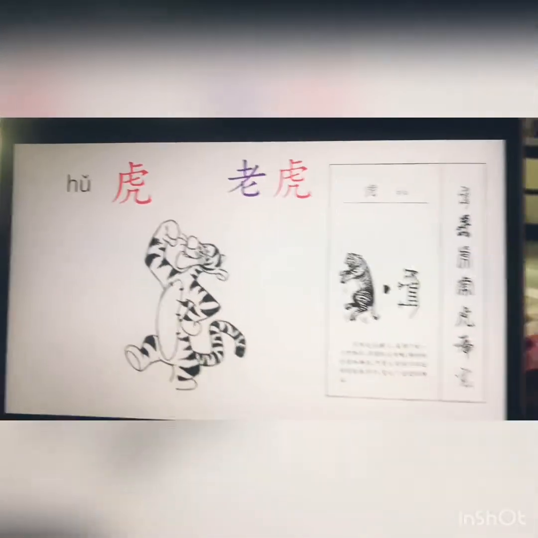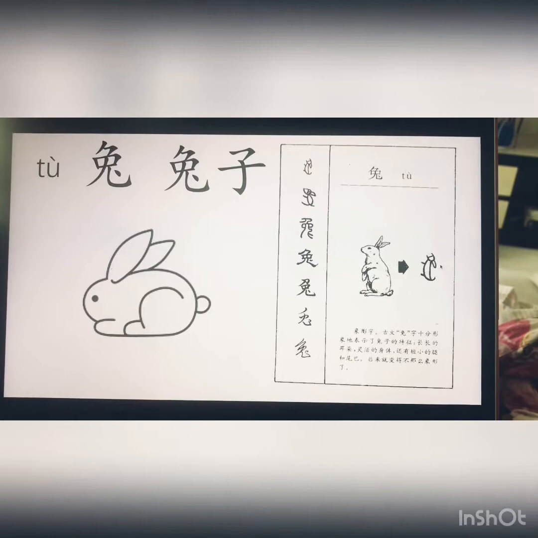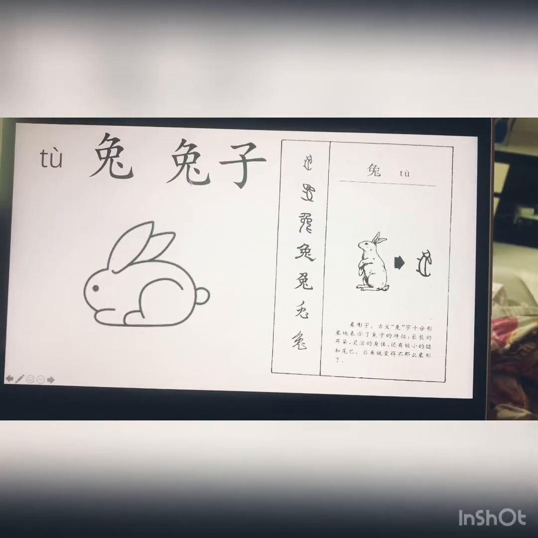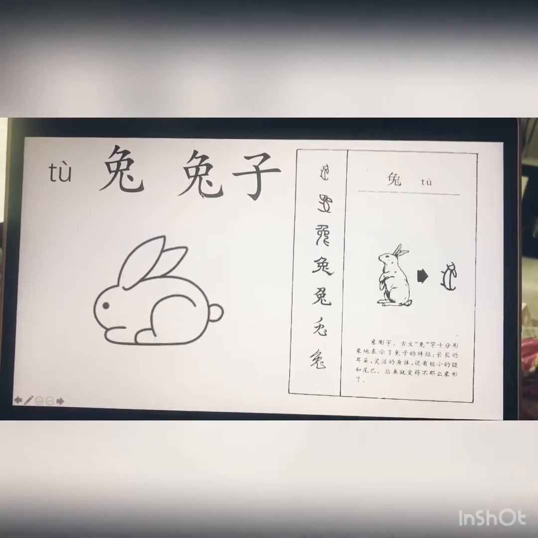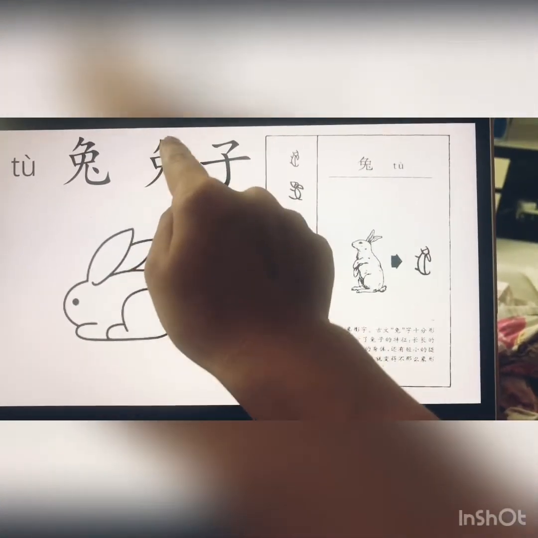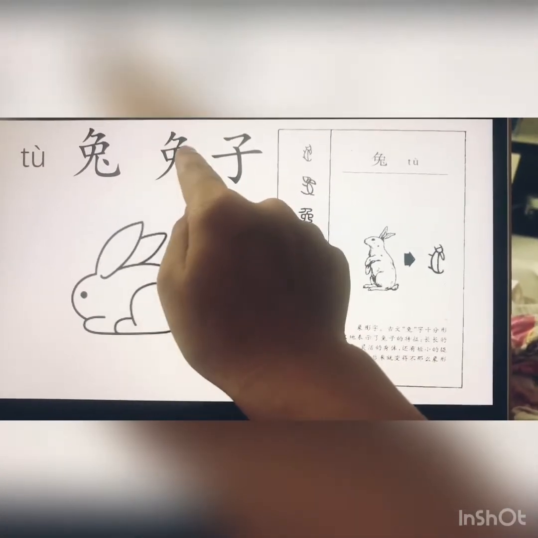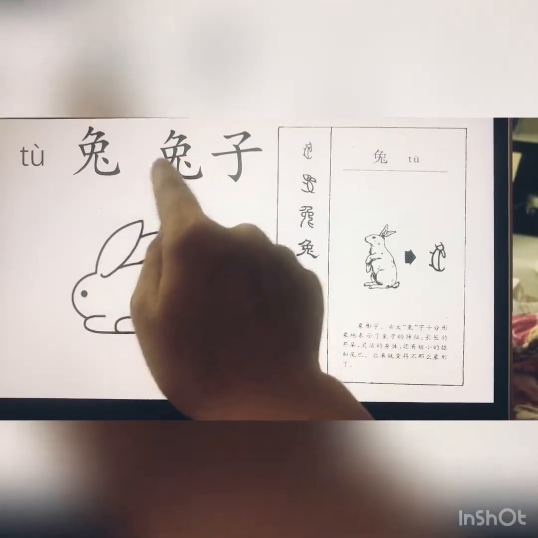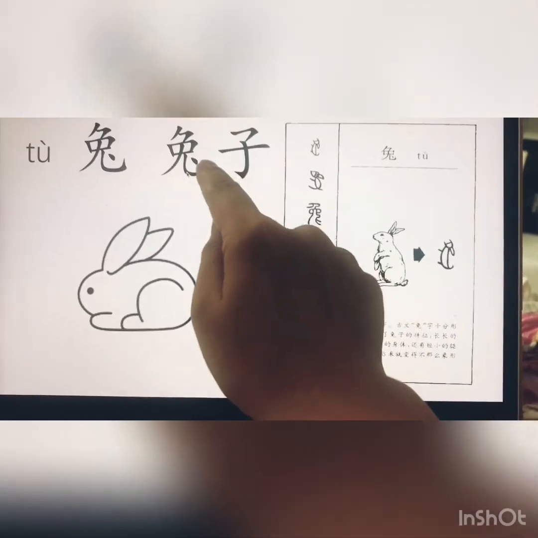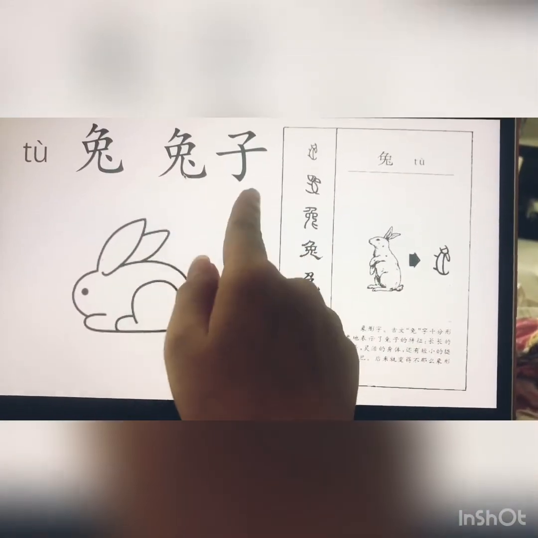Okay, so 老虎 tiger, 兔子 rabbit, very cute. 我喜欢兔子。 For this one, 兔子, creating a story is a bit complicated, but I think you guys can have a try. So this is the head of the rabbit, or the ears of the rabbit, and then here is the head, and then the feet, and then the tail, and the dot here looks like the little tail. Okay, so 兔 and 兔子 are both okay, but in oral speaking we say 兔子, we don't say 兔.